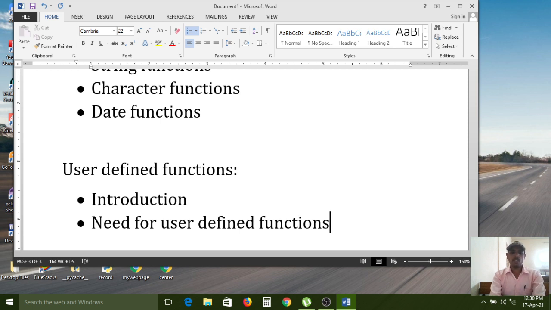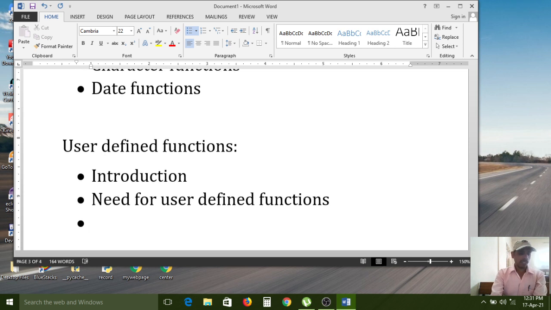Built-in functions are nothing but the function logic has already been developed and stored in the C header files. But user defined function means sometimes we need to develop our own logic. For that, we have to know user defined functions. If you want to develop your own function, compulsorily you need an awareness of user defined functions. How to create, how to use the syntax, how to write the logic in between the function braces. Understand? So in this part, you need to learn that concept only. Need for user defined functions.